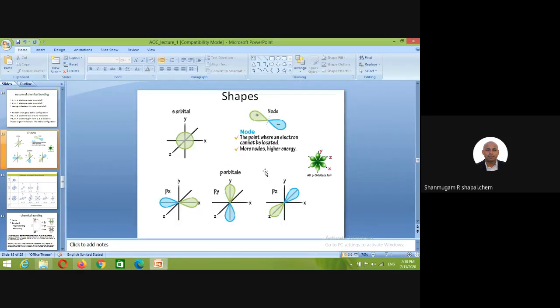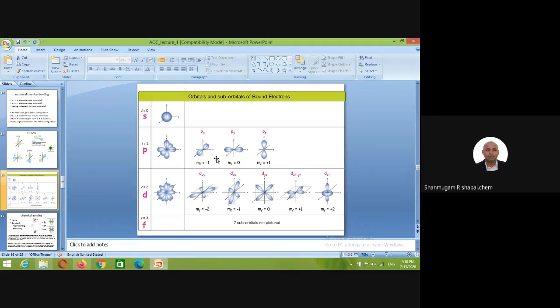And next we come to shapes, as we already talked about: S, P, D, F shapes. And we also discussed K, L, M, N as shells, okay? Depending on the energy level, they distinguish the K, L, M, N shell types, and depending on the shape, they talk about S, P, D, F. As I said, S, P, D, F: you see the first one is spherical, the next one is a dumbbell shape, and the D is also almost like a long, elongated type, and parallel to this,